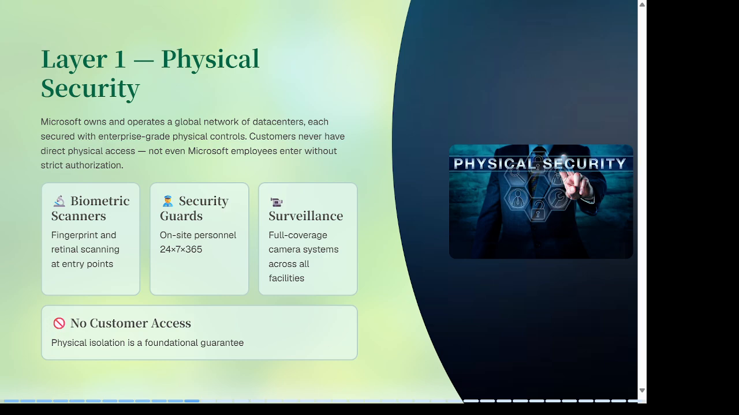Surveillance systems. In addition to physical guards, Azure data centers are covered with full perimeter CCTV monitoring, continuous surveillance systems, motion detection and access tracking. Every movement inside the facility is monitored and recorded. And there is no access